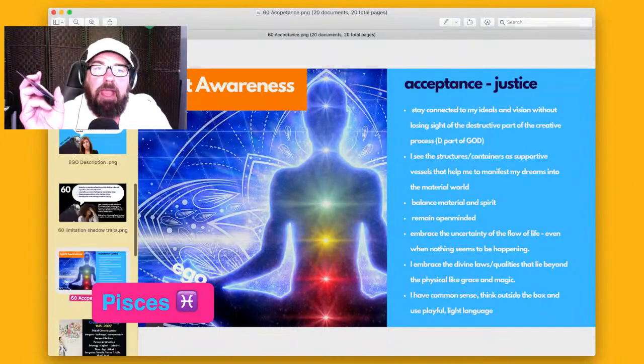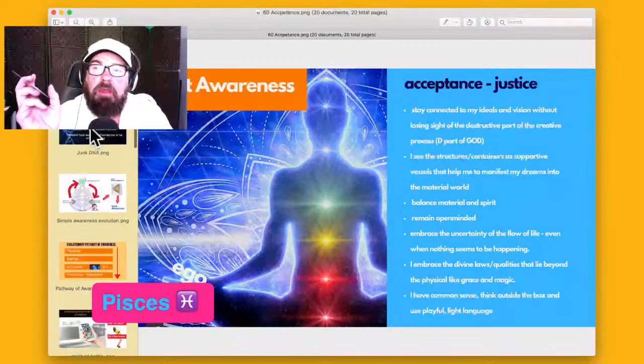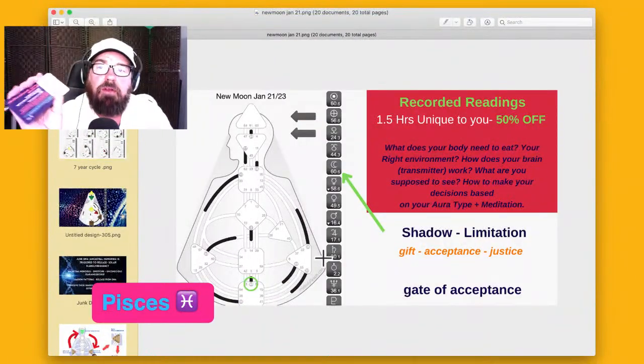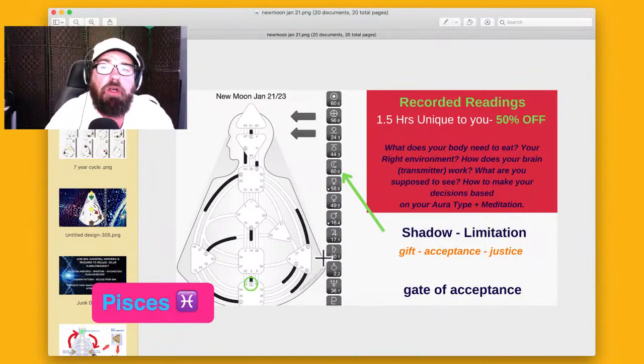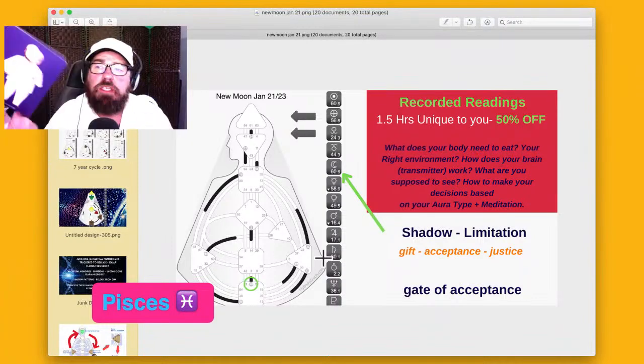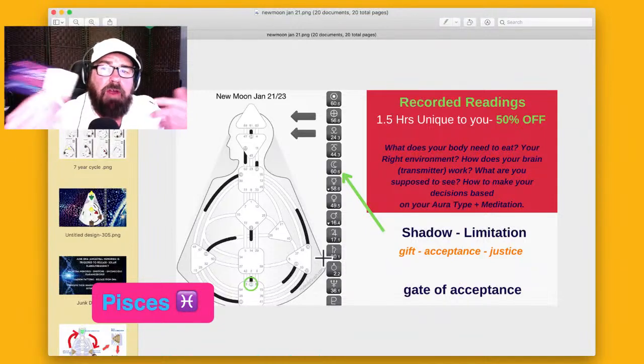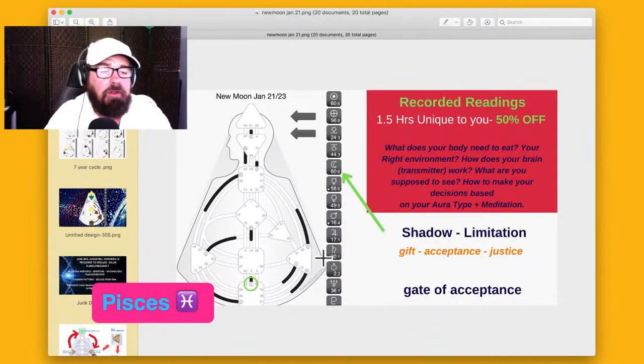That's the gift of acceptance and justice. So it's about not blaming yourself, but just accepting that, okay, these friends were in my life for a reason, to show me something. I was called to learn and grow through this group of people, and now I'm ready to let it go, right? I'm ready to forge ahead. I'm ready to move into better waters. And that means attracting better friends that are more aligned with your frequency, right?